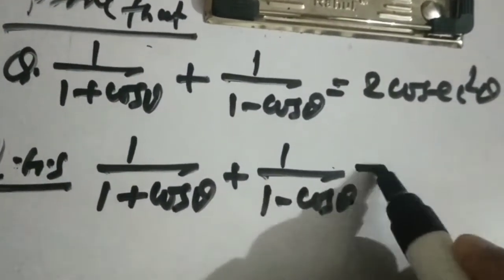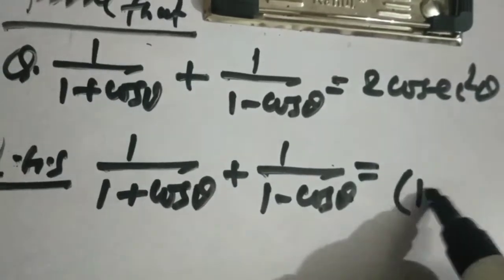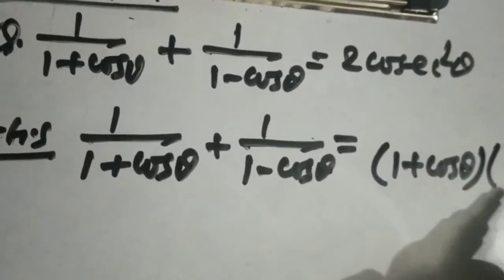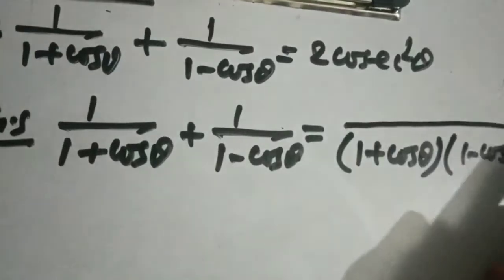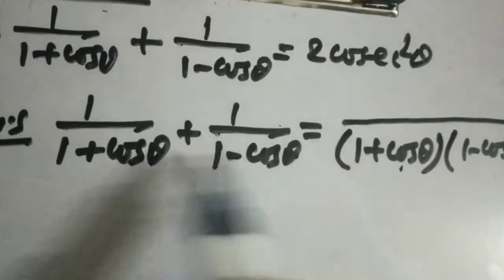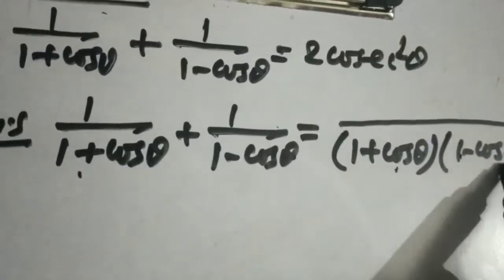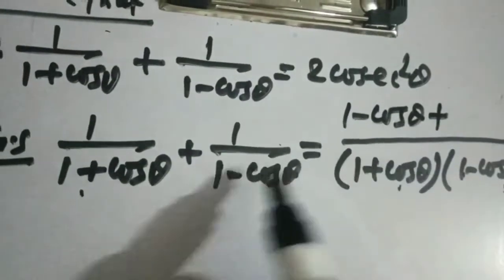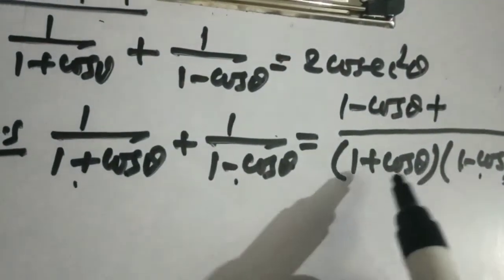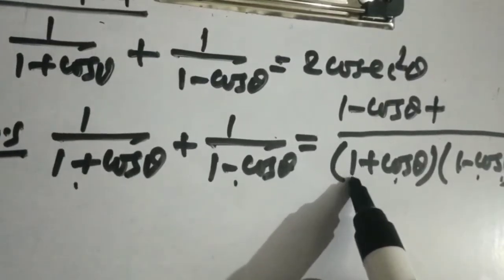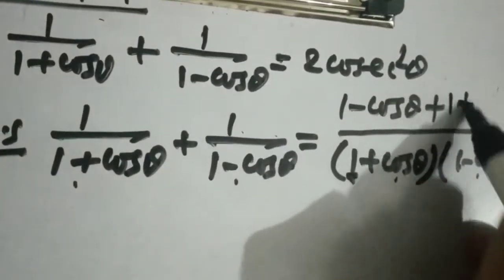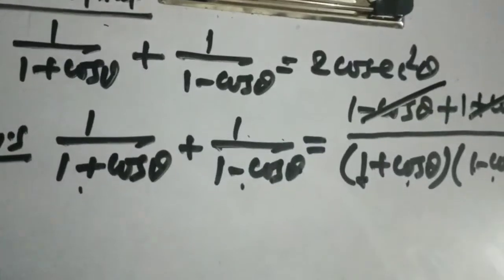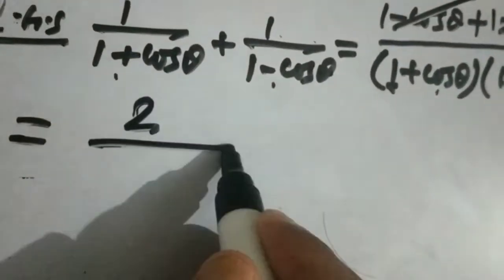Now LCM of these two will be product of these two expressions, 1 plus cos theta into 1 minus cos theta is the LCM. Okay, then 1 plus cos will be cancelled with 1 plus cos, then 1 minus cos will be left here, so here will be 1 minus cos theta, plus 1 minus cos will cancel with 1 minus cos, then 1 plus cos is left, and 1 plus cos when multiplied by 1, here will be 1 plus cos theta. Now cos theta plus and cos theta minus will be cancelled, then it will be 2 upon